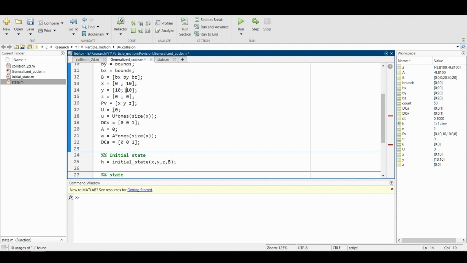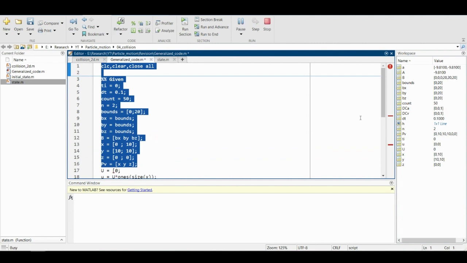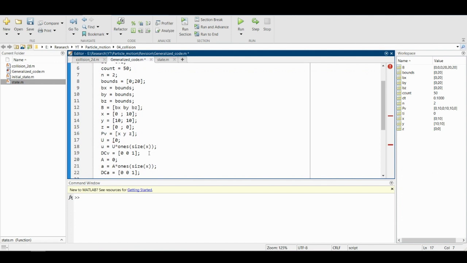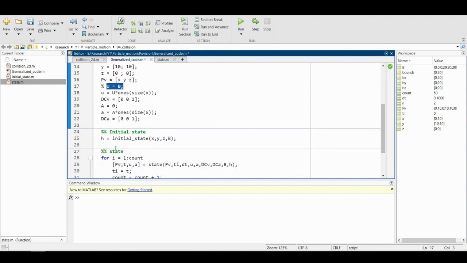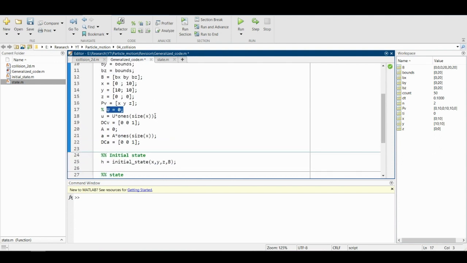Okay, x y z position vector. Let's see again what the position vector is. PV 0 10 x, y and z. Okay, this is good. So u has to be ones of size x. So this thing has to go. I don't think this one would be needed. I have to go for ones of size